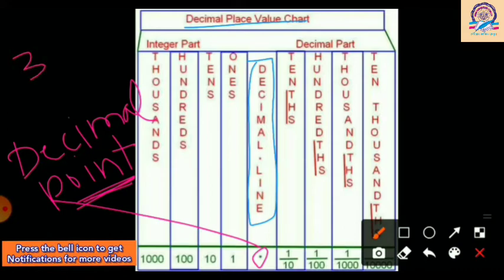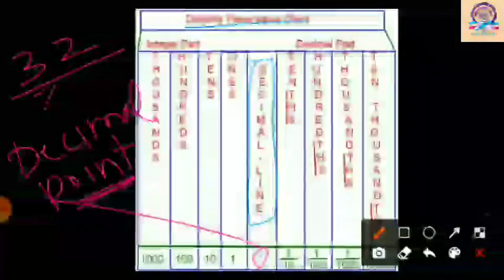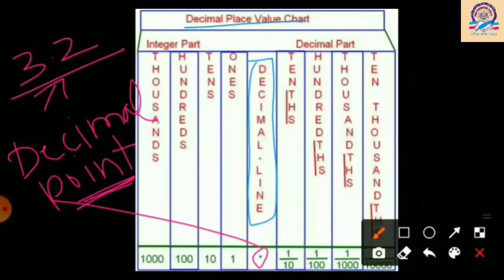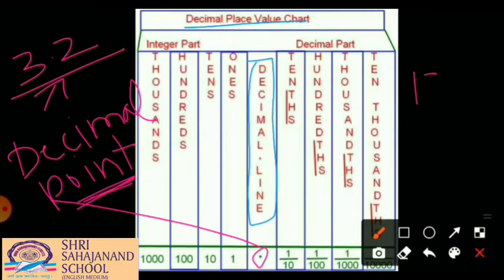Between two numbers, for example, here we have written 32. Okay, 3 and 2 means 32. But when we put a point between 3 and 2, it will be read as 3.2, because this point is now playing the role of a decimal point. Similarly, when we take the 3-digit number 1, 2 and 4, it will be read as 124. But when you put a point between 1 and 2, it will be read as 1.24. Clear? It's a very special point. Remember the name of this point, decimal point.